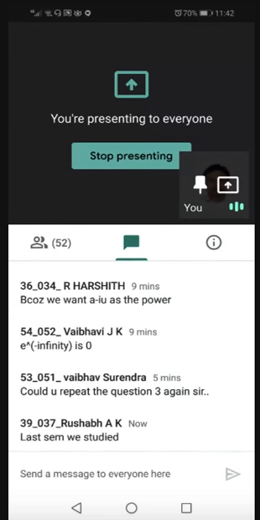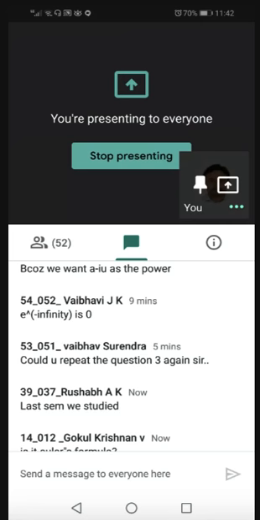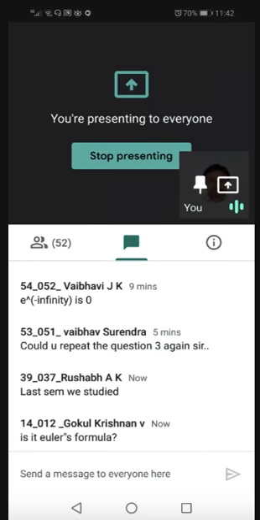Which chapter? Don't know? Do you remember Euler's formula? I don't think so. Euler has developed many things, but it's not Euler's formula. Don't say for every formula that it is Euler's formula. Euler is only having a contribution for every formula.